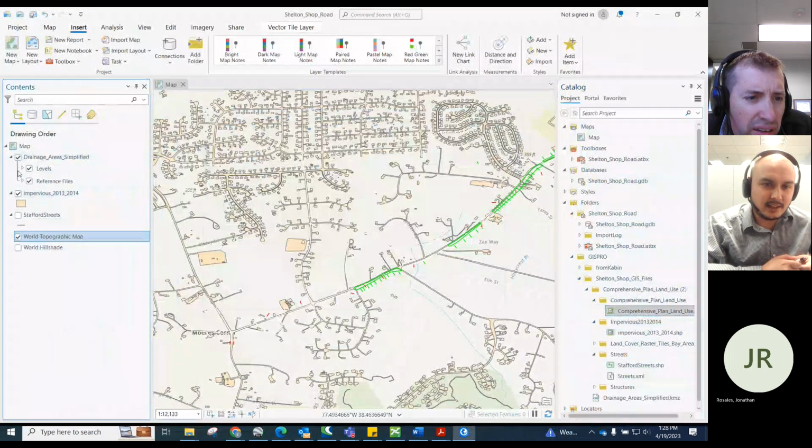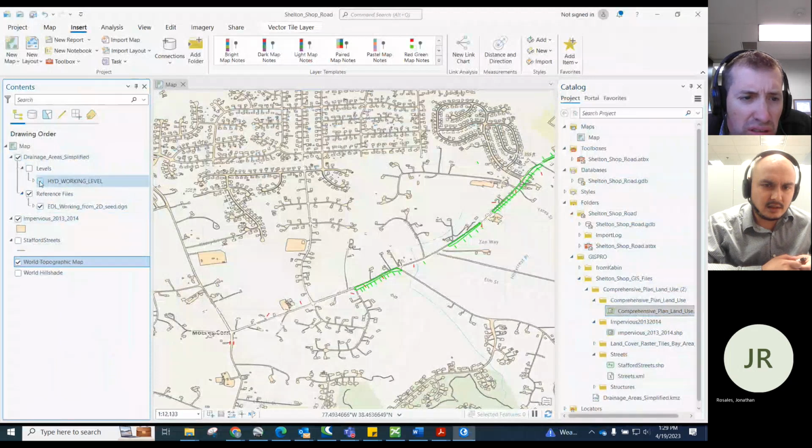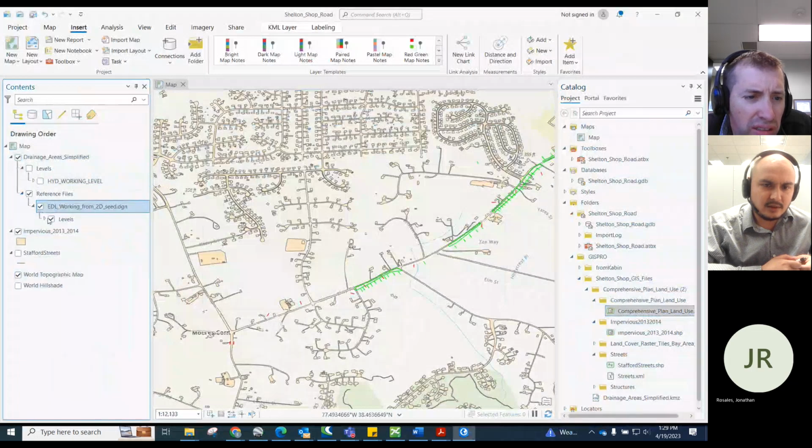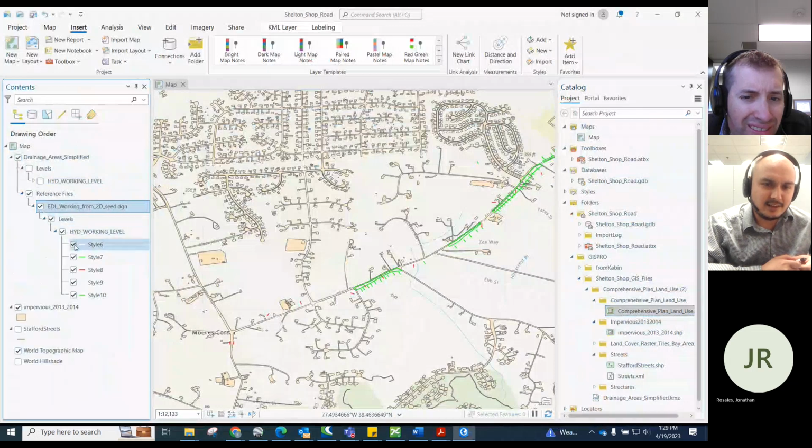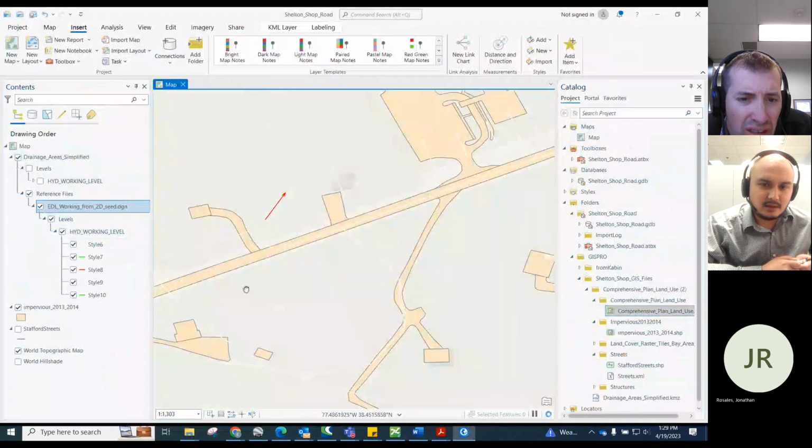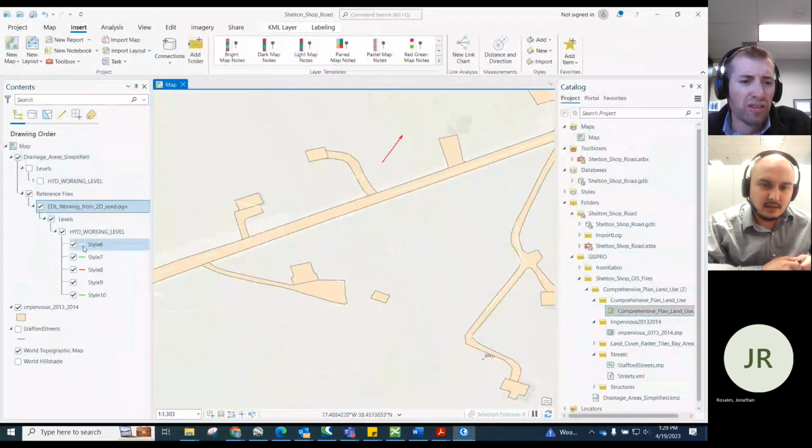Go to the labels, I think. Label or reference files. Okay. Labels. Oh, now you can change it. Okay, maybe I'll do some dark color like black or something.